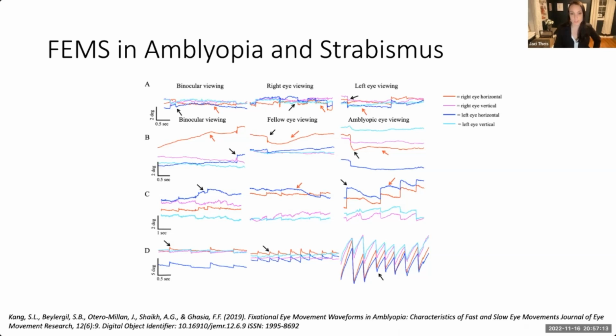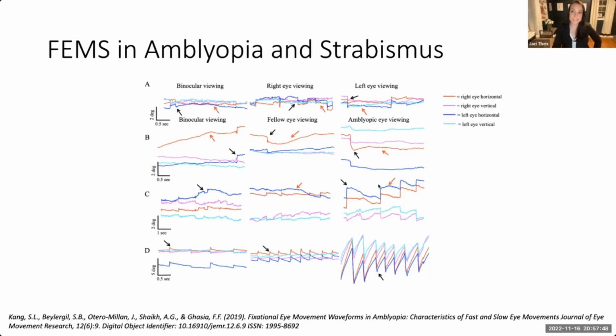And what they found was really interesting. Just to describe the graph, these are the fixational eye movement patterns; the right eye is red and pink, and the blue and teal is the left eye. What they found was that with both eyes viewing, you have a certain level of binocular viewing. And with the majority of patients, when they had essentially the dominant eye view, the fixational eye movement pattern got more accurate. And when they had just the amblyopic eye view, the amblyopic eye had a more abnormal